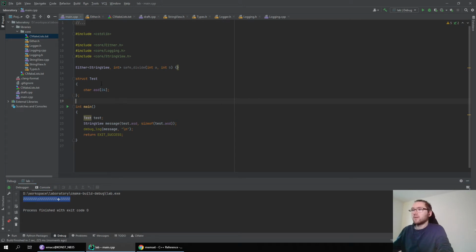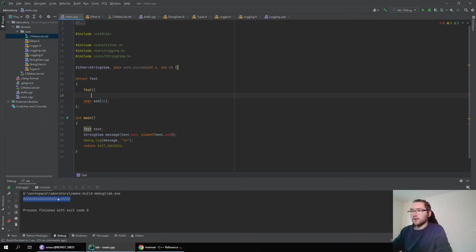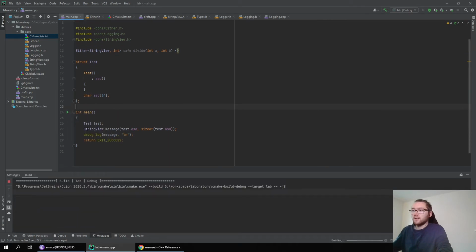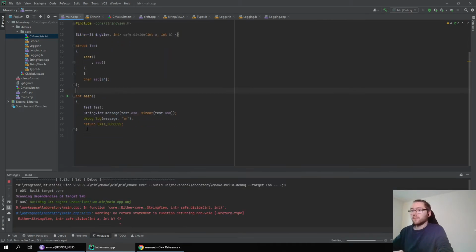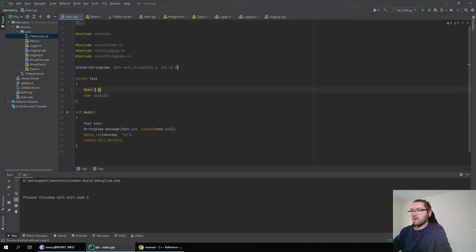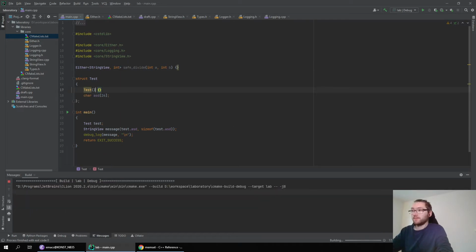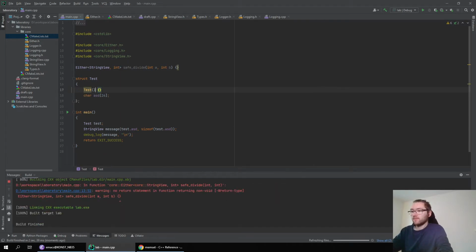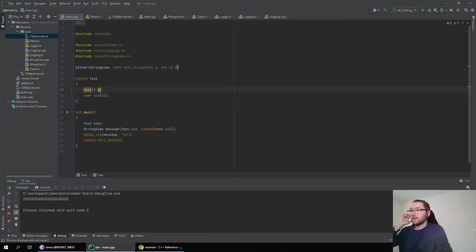But what if I now define a constructor? Is it now initialized? Aha, okay. And if I just remove this, okay.